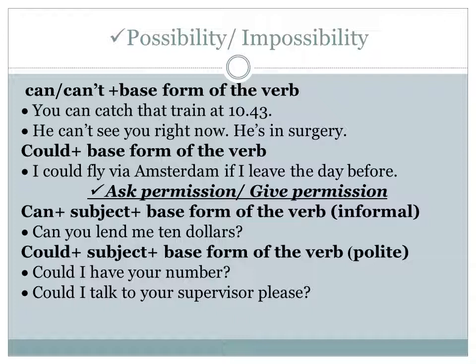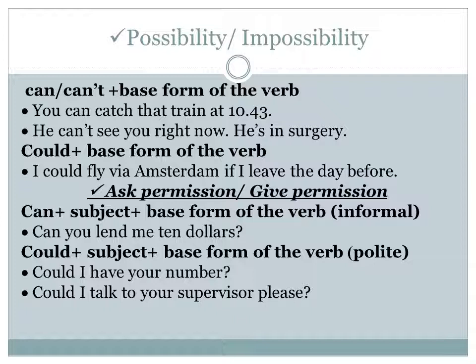تالت حاجة بستخدمها برضو can و could to ask permission، ان انا ممكن اسأل إذن، اخد إذن او ادي إذن. can plus subject plus base form of the verb ده في حالة السؤال. يعني ممكن اقول لك can you lend me $10؟ ممكن تسلفني $10. دي informal يعني بطريقة غير رسمية. لكن في طريقة formal وفي طريقة informal.